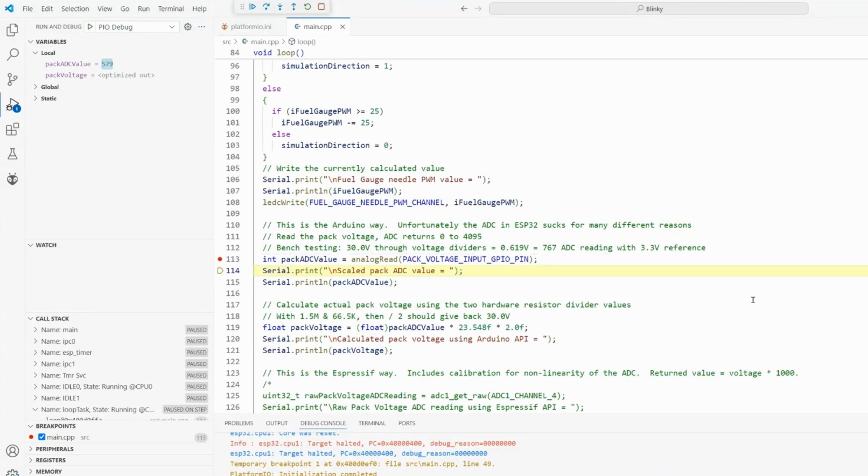Okay, we are now sitting at the next line of code. If I hover over this variable, it will give us the value. It's 579, and this is repeatable. We're getting 579 from the hardware, where we should be getting 767, and this is ridiculously out of scale. It's like 20% off. And can you imagine trying to do this on your own, to apply all kinds of correction factors and building calibration tables just so you can get the thing to do what it's supposed to do